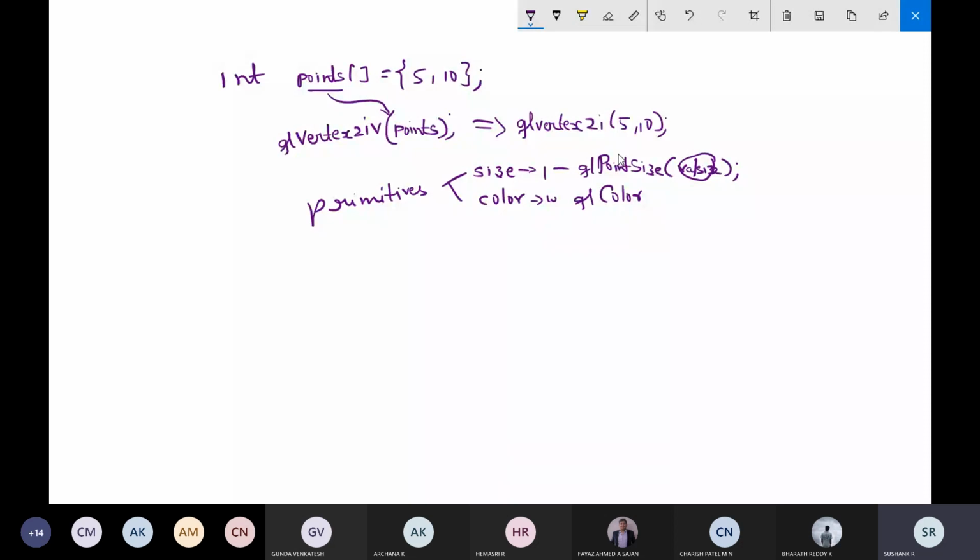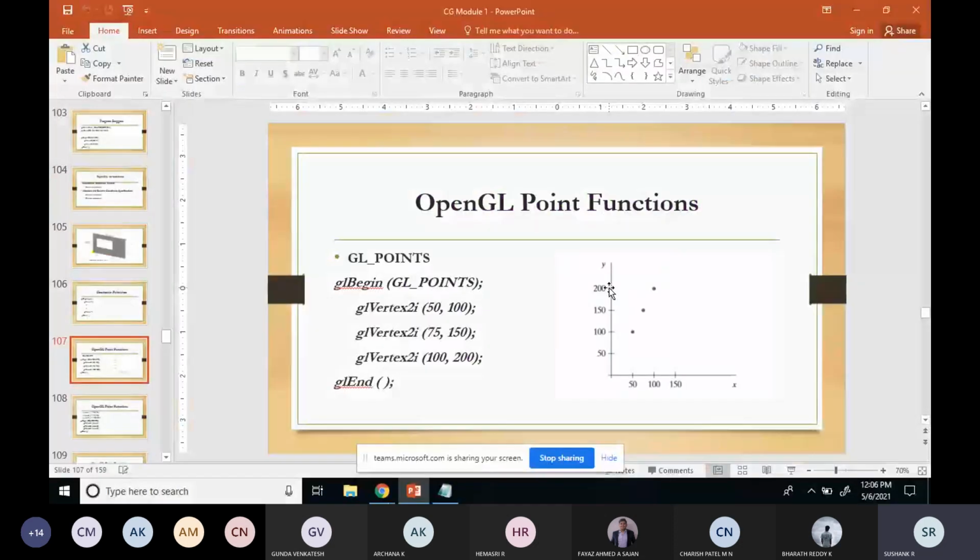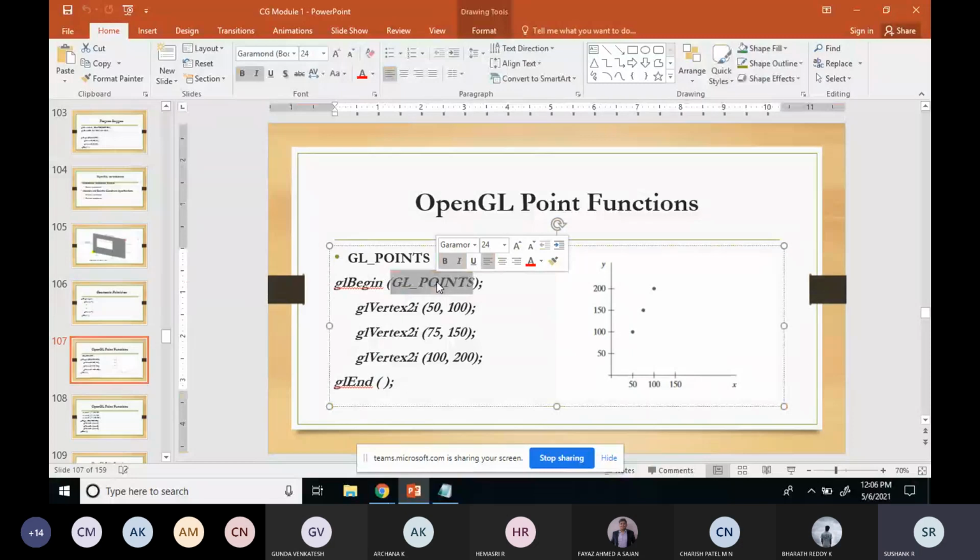What do you mean by glVertex, glBegin, and glEnd? Whatever you want to draw, you have to write within glBegin and glEnd only. If you're writing any vertex, it should be written within glBegin and glEnd. If you're referring to the points, you'll be using the constant called GL_POINTS.